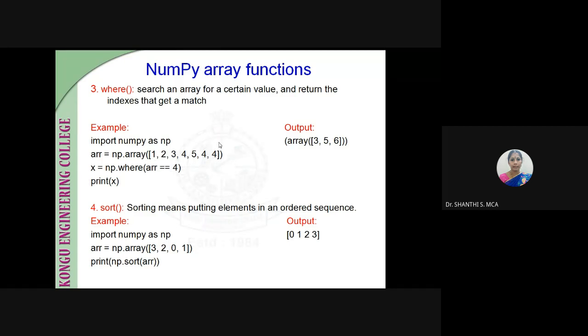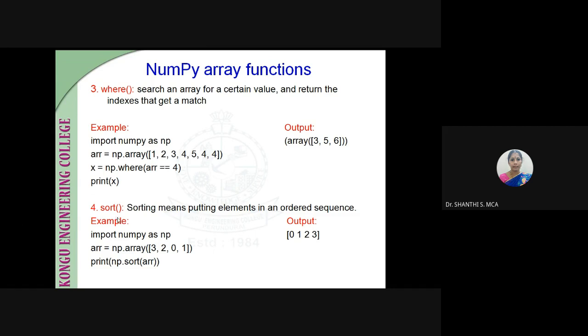In this array, there are 3 fours present. So it will return the indices of all the 4s. The index of the first 4 is 3, and the indices of the second and third 4 are 5 and 6 respectively. So it will display the index of the corresponding element. If the element does not exist, it will return an empty result.